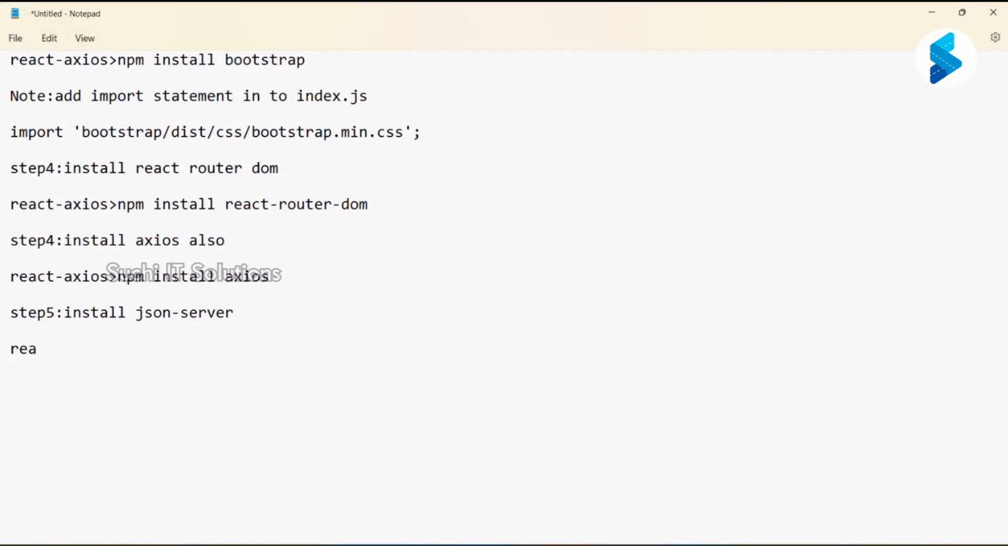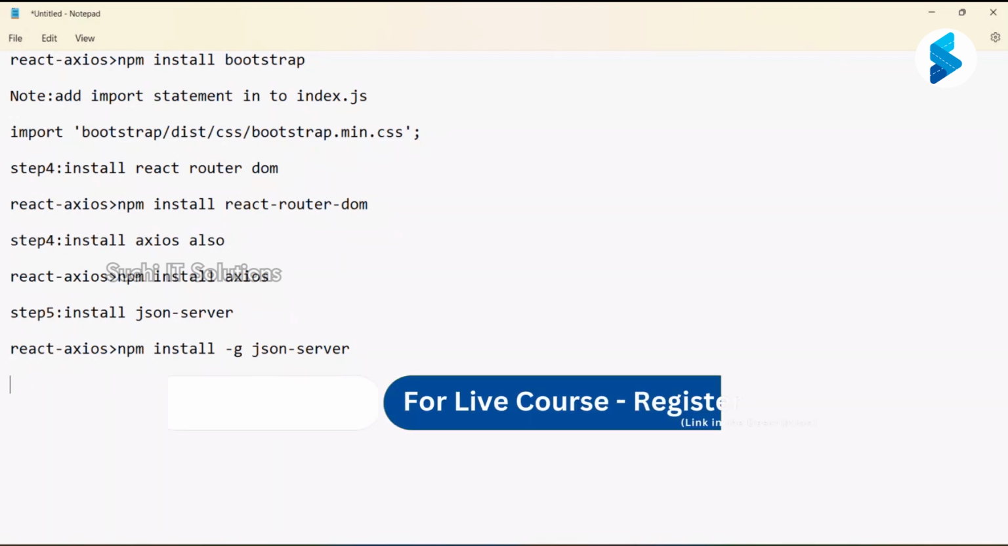We need to use it in React Axios. This command you need to provide at the command prompt level. This is only one time. Every time for JSON server based applications it is not required. On our laptop, one time is fine. After installation is over,